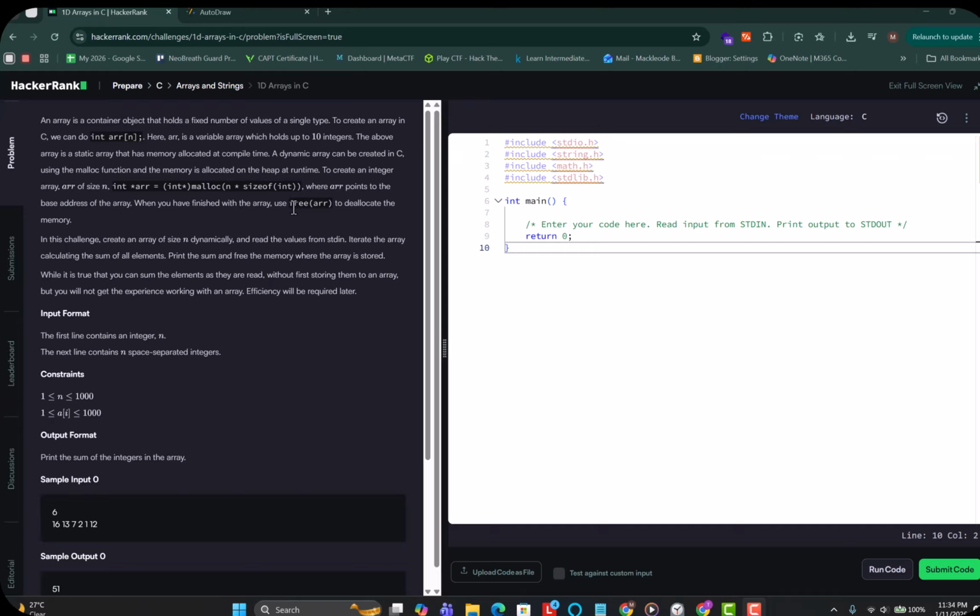An array is a continuous object that holds a fixed number of values of a single type. To create an array in C, you can do int arr[n];